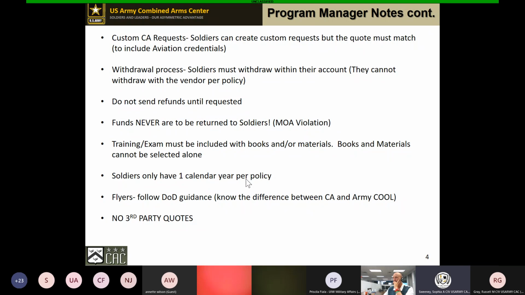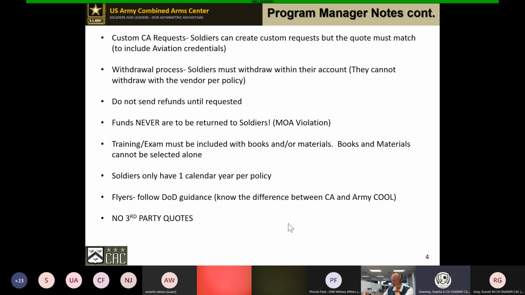And there is a big difference between the Credentialing Assistance Program and Army Cool program. So please know that Army Cool is where all of the credentials are found. The credentialing agencies, the credentials, the information, that's in Army Cool. But the difference is all of the funding for the Credentialing Assistance Program comes from Army Ignited, okay, or goes through Army Ignited. So please don't call it the Army Cool program, because it is the Army Credentialing Assistance Program. If we find those types of errors on your sites or reported, we will ask you to remove those.